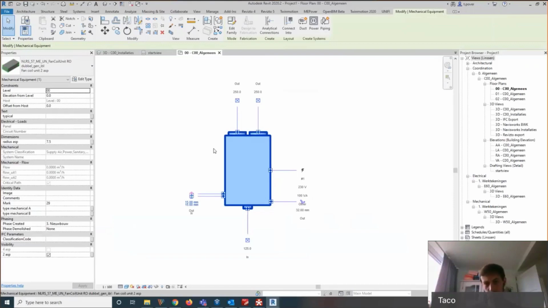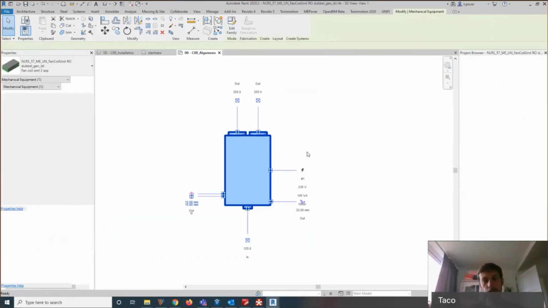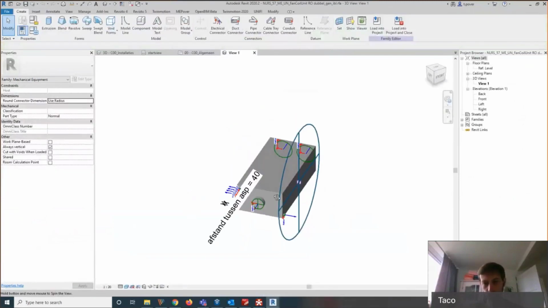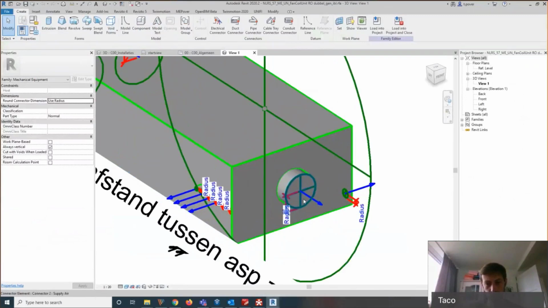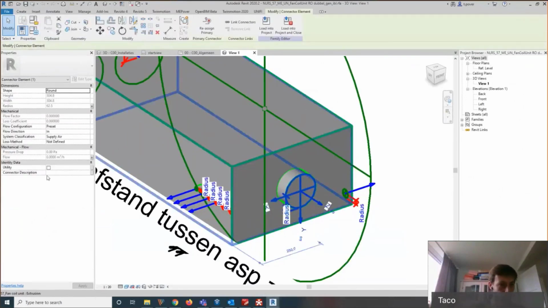Now, if you open a family with connectors in it, you will see all these connectors in the family environment. So if I zoom in on it, you can see that this is the connector. And this connector has some properties, it has a system classification, a flow direction, a shape,